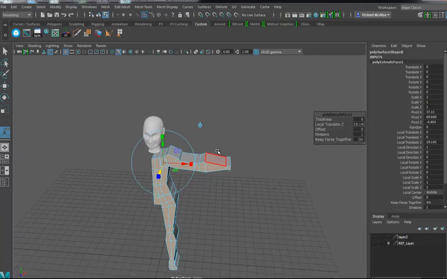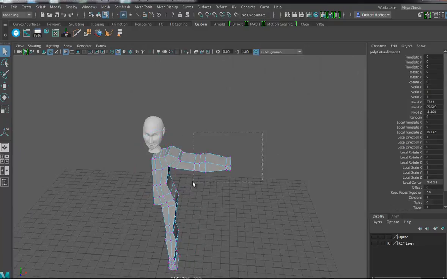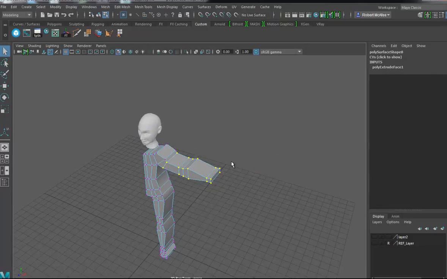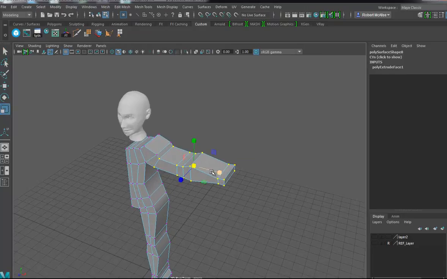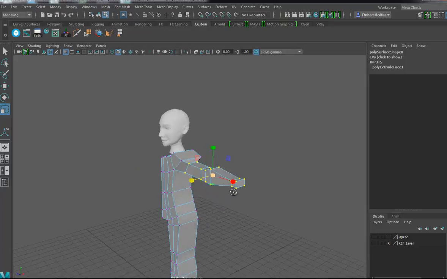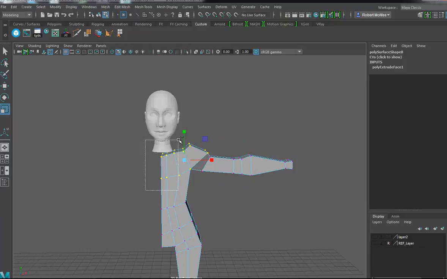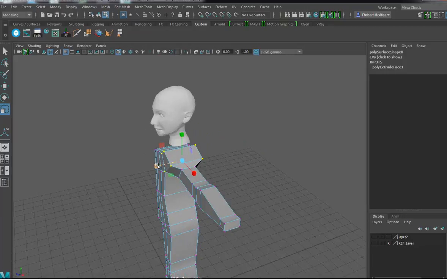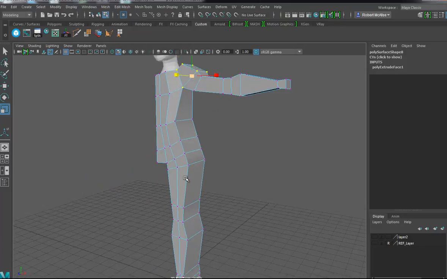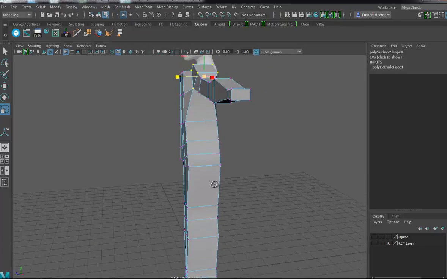Okay, and then I can take this arm here and maybe just grab some of these vertices, and I'll grow my selection. And let's just scale these back a little bit so they look thinner. Yes, like that. And let's just hold down Shift, and I'll grab the rest of this here and maybe deselect this area. And that shoulder's looking a bit too big there. And I can slowly start to